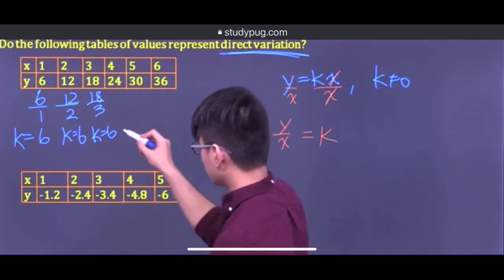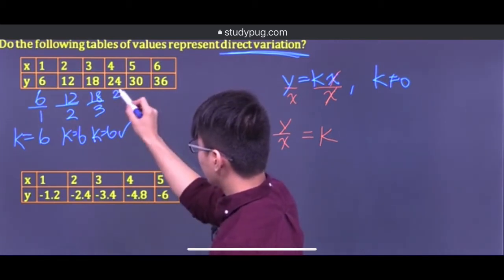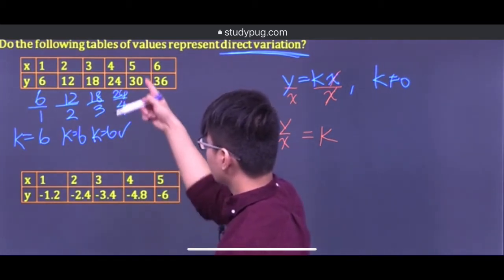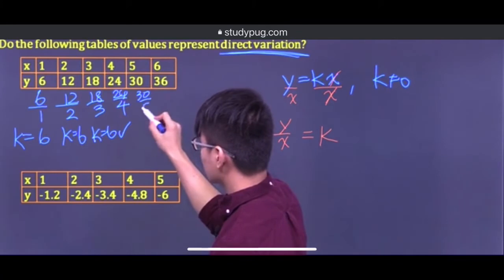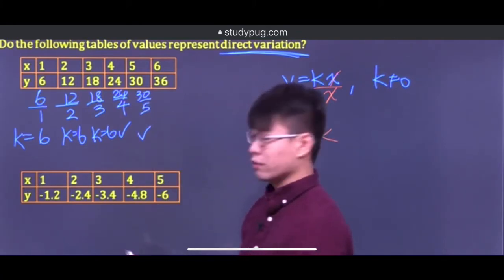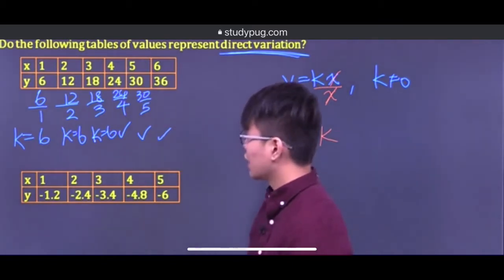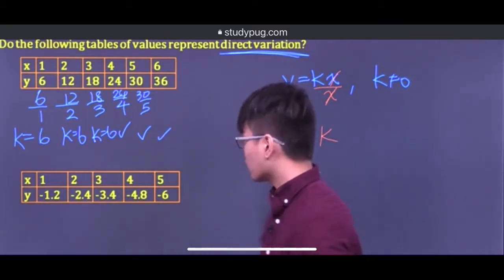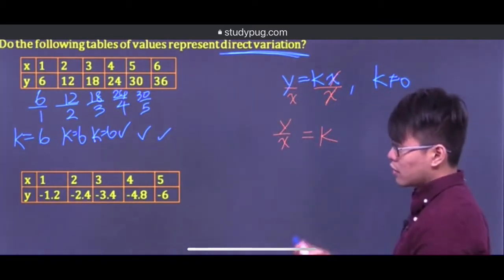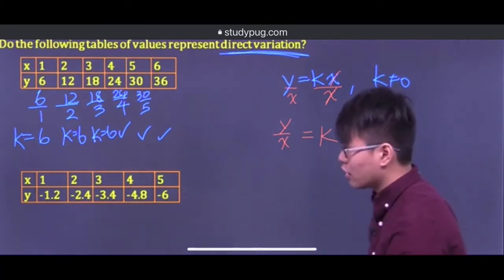I'm just going to put a check mark here. Okay, 24 over 4. Right, 30 over 5, that's also going to be 6. Right, 30 divided by 5. 36 divided by 6, that's also going to give us a k constant of 6. So we have just verified that the constant k,